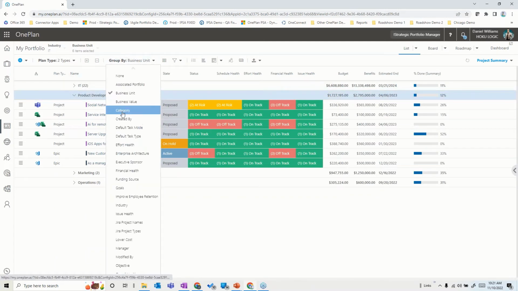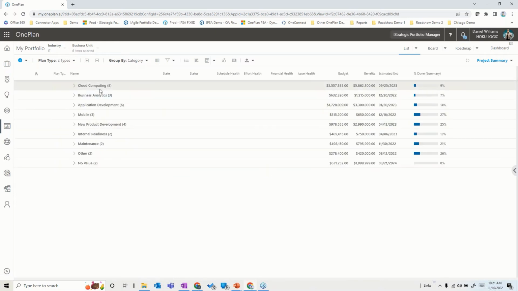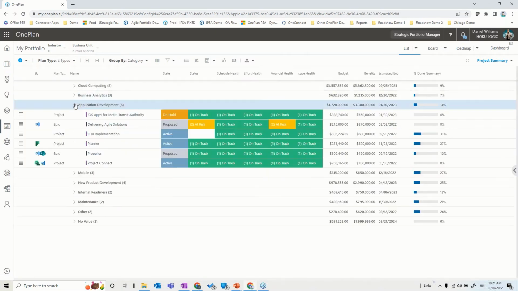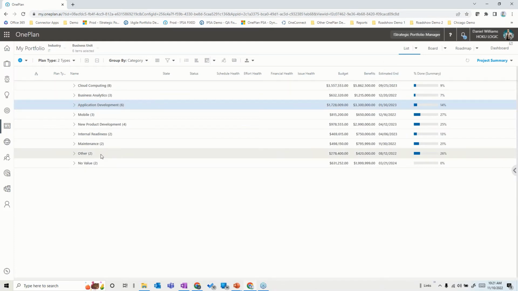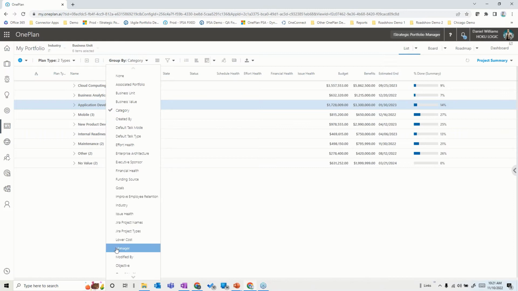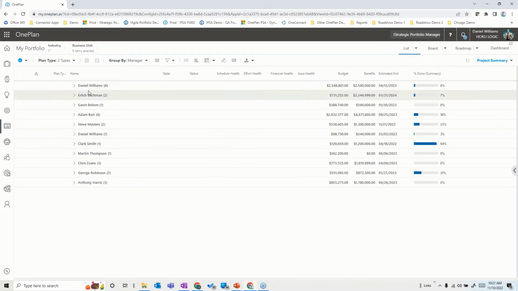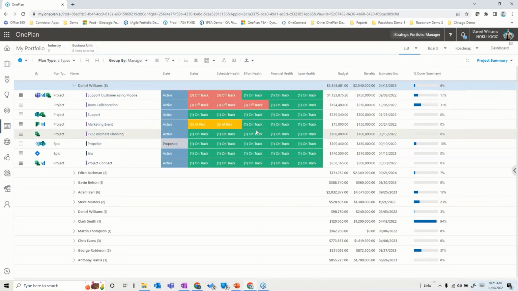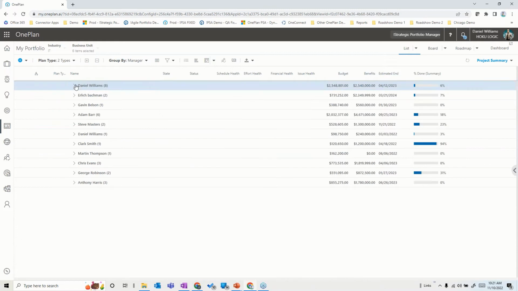Look at our different categories of projects and see that we have application development projects and what's going on within those, as well as other ones, as well as counts of those projects. And even understanding who's managing these things. Maybe go down here and say, metadata on, what projects is Daniel Williams managing and how are those doing across the board, across all those projects. You are not limited in any way on how you would categorize and put metadata against these projects.